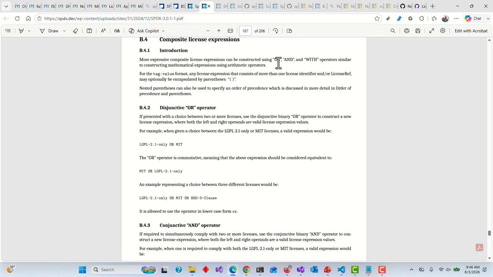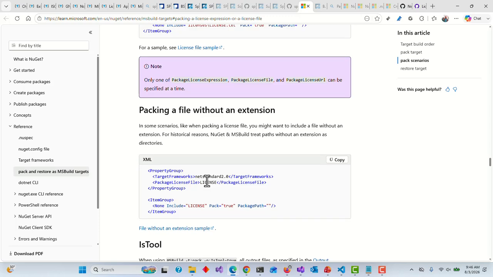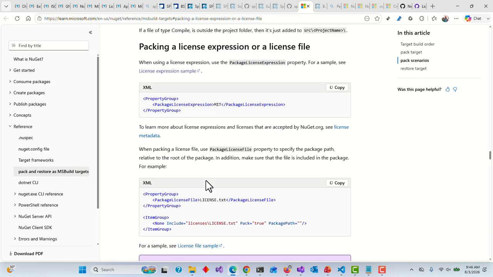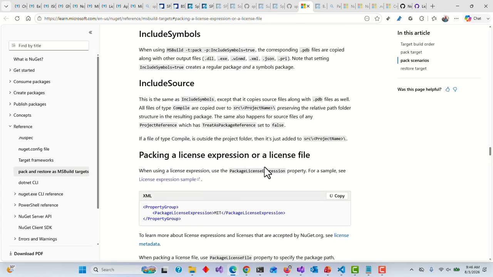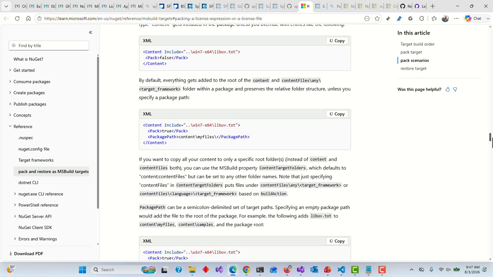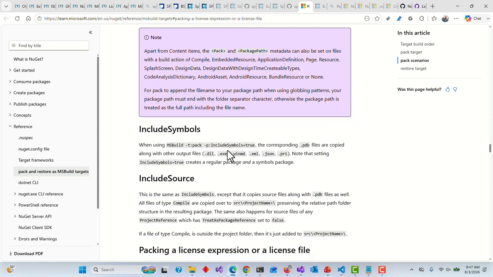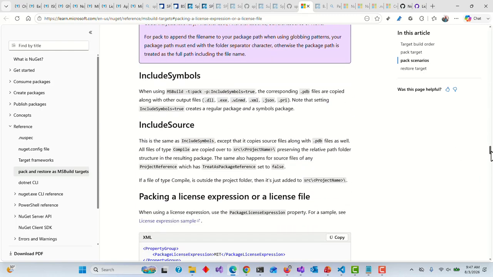So let's look at this. I think Visual Studio supports it. Let's look at this one. We have here a package expression, package license expression here. So this is the way that you support the license expression if you use